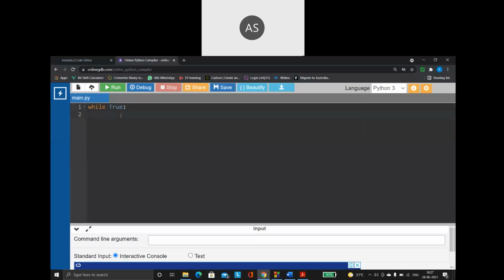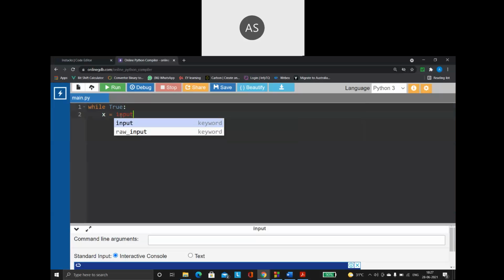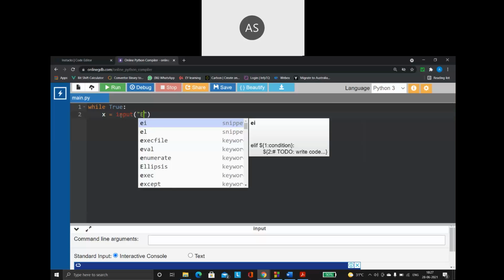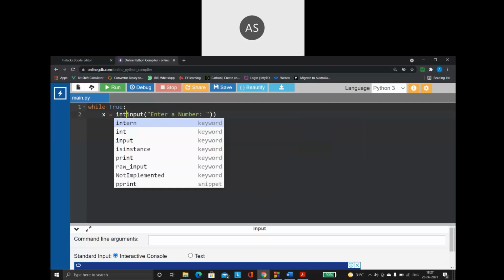So here I am saying x is equal to int(input("Enter a number")). Since it is a number, I write int of input. This is what my program is going to do.